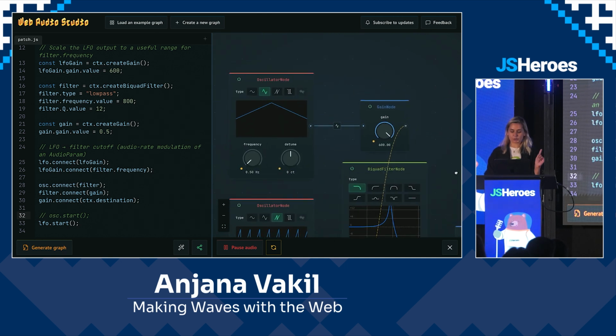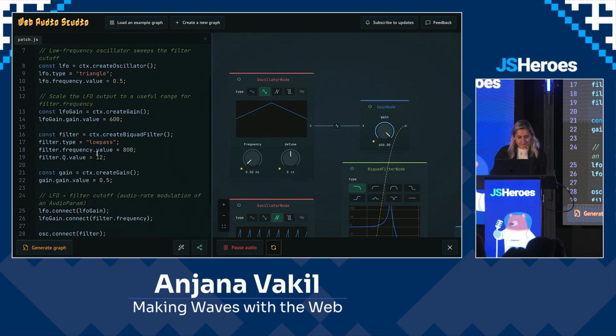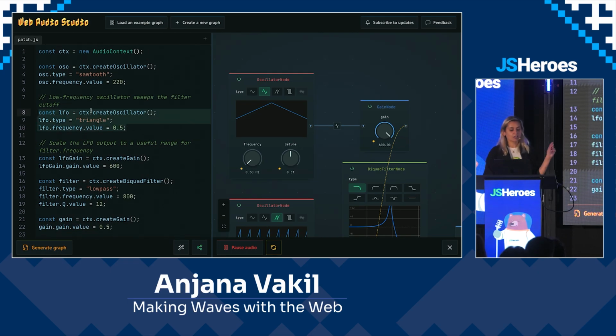But the new part is we now have another oscillator node that is created right here. Here we have another create oscillator call, exactly the same as our first oscillator. It also has all the same shapes. In this case, it's a triangle, except its value is way, way lower. So instead of moving back and forth 220 times a second, this one is moving back and forth once every 2 seconds. Now, we can't hear that if we were to listen to it. It's too low for us to pick up on as humans, as a sound. But we can use it as a dynamically changing value that we can hook up to other parts of our graph to dynamically change things.